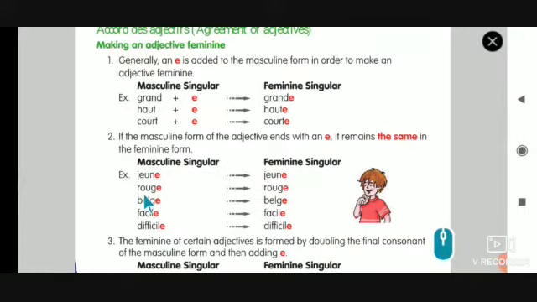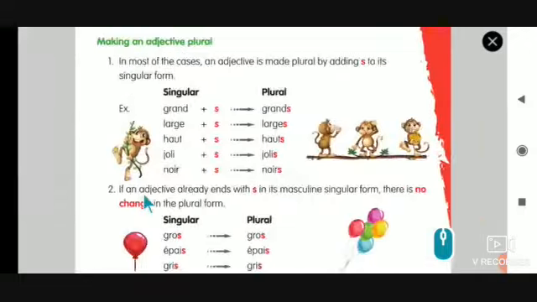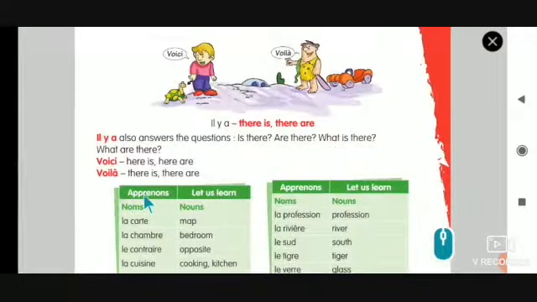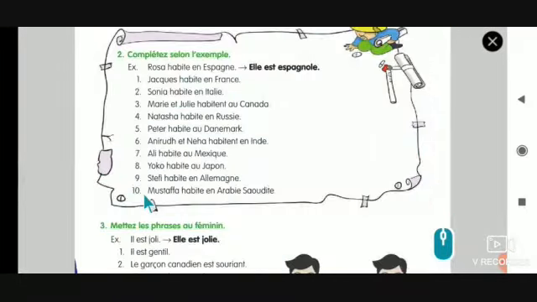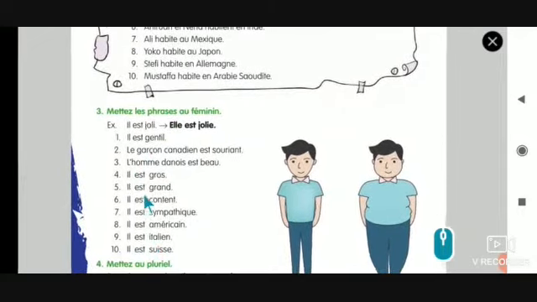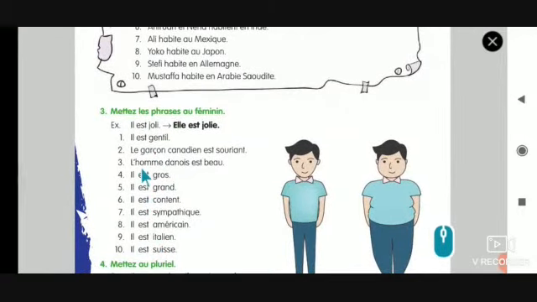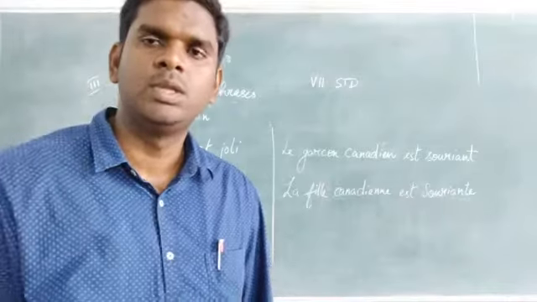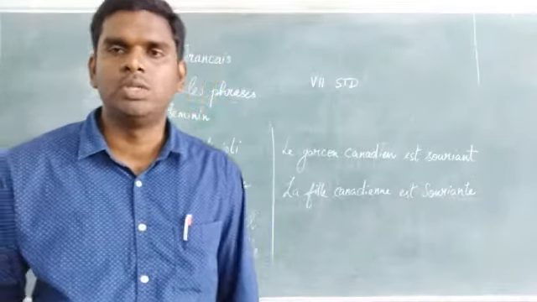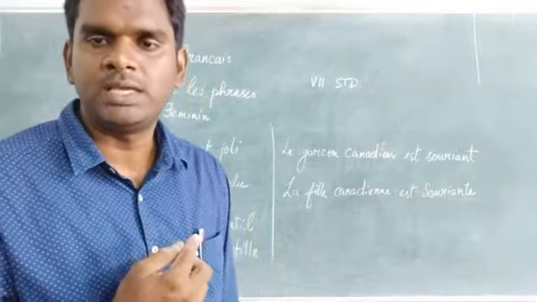Now let's discuss exercise number 3 on board. I'll give you 1 or 2 examples and then I'll explain these things in the screening method so that it will be clear for you. In case there is any doubt, you will not get confused. So let's go to the board session. Hope you understood the rules. So now shall we see the exercise?